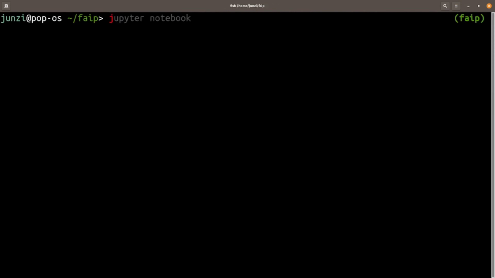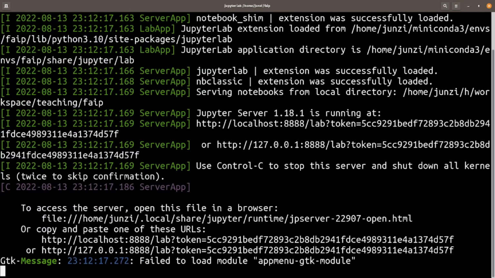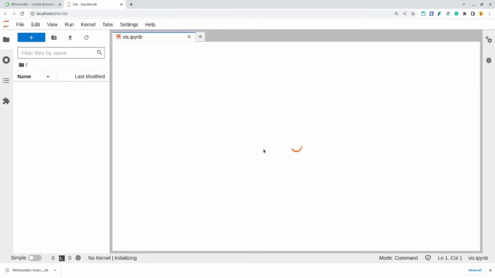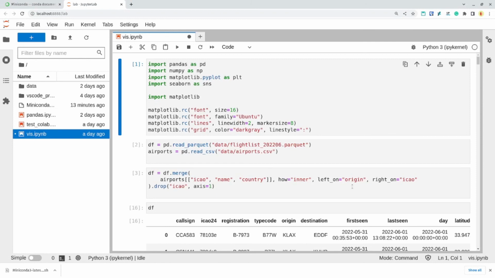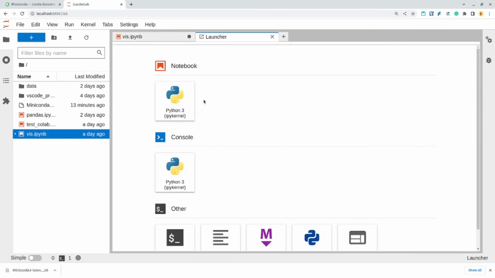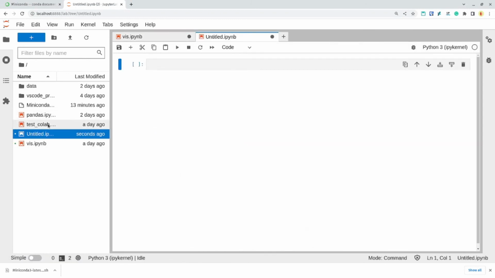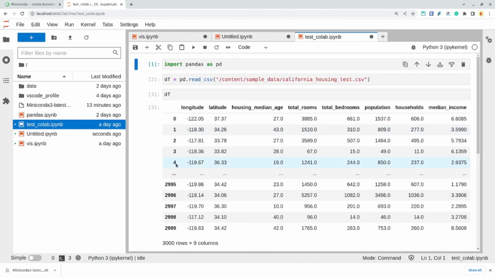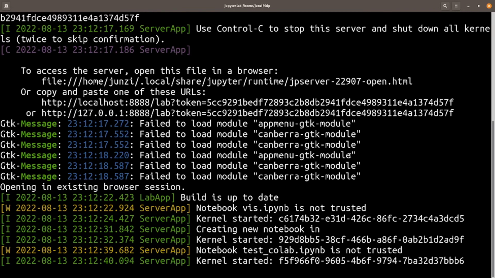Once installed, you can type jupyter lab to launch a Jupyter web service. It opens the browser automatically. After that, you can create new notebooks to work on your own project, or open all of your existing Python notebooks. Let's go back to the terminal, hit Ctrl+C and stop the Jupyter web service. Remember to save the notebook before doing this.